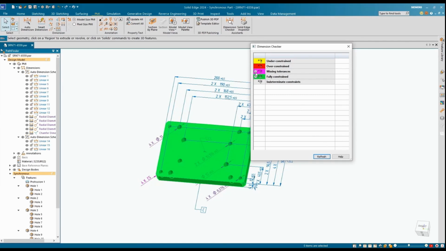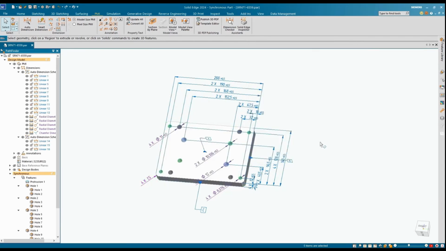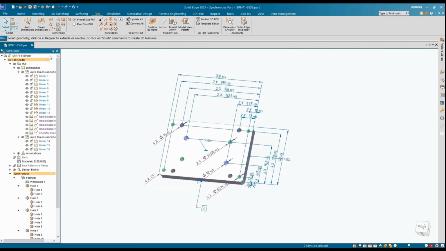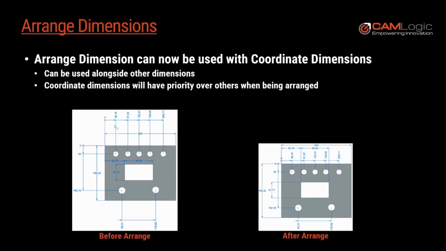All right. You can see that the missing dimensions are under constrained isn't expandable because there are no under constrained features anymore. And this part has been completely dimensioned here. I've used it twice already, but